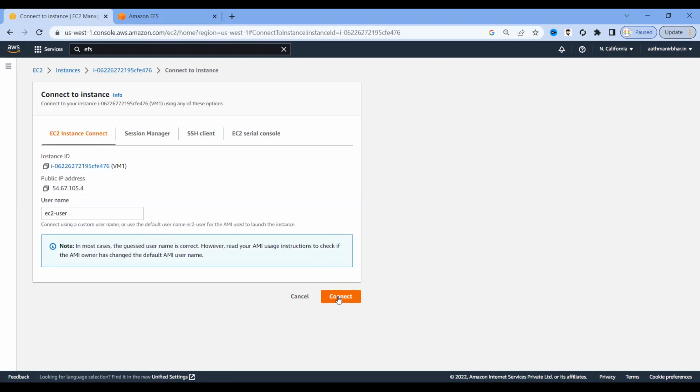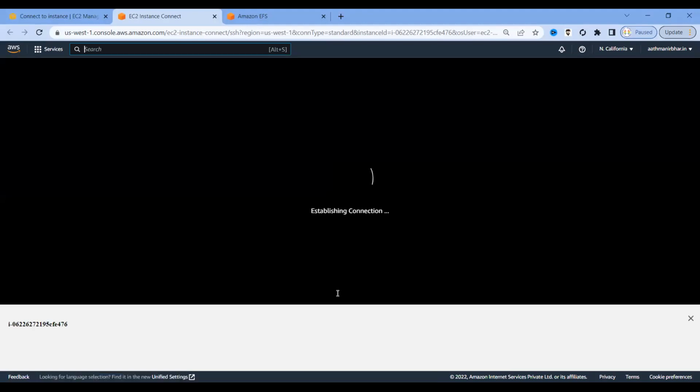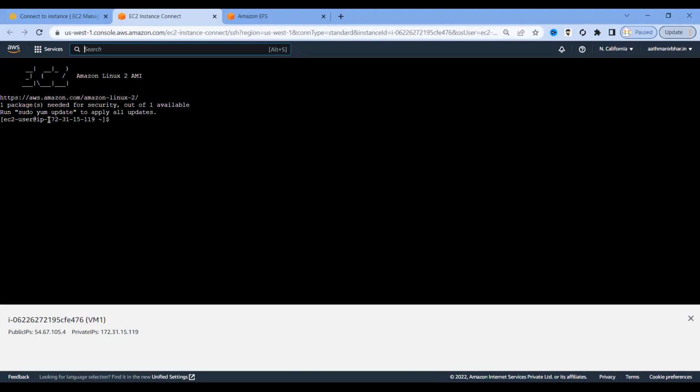I will select the easiest way of connecting to this virtual machine. So this is my VM1, virtual machine 1. You can see the private IP is